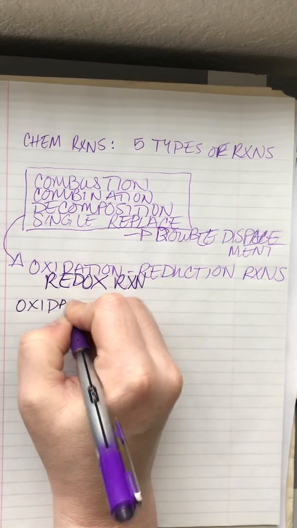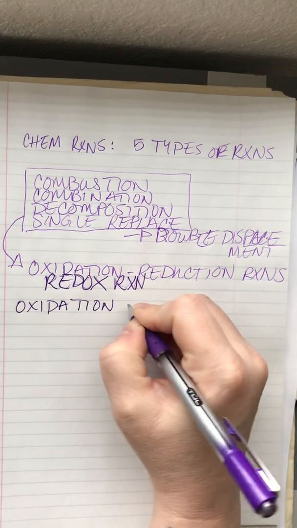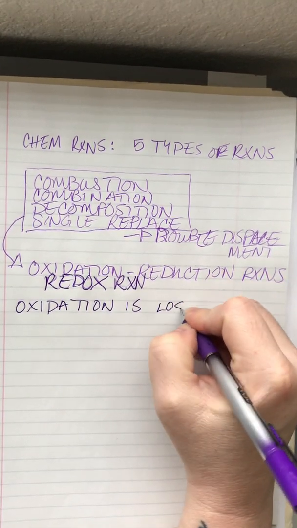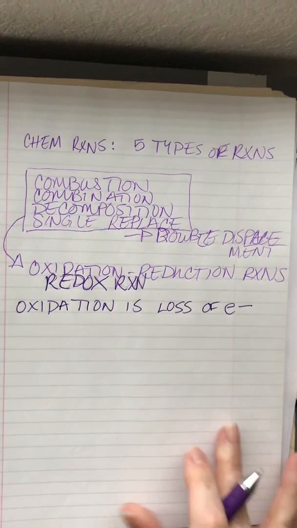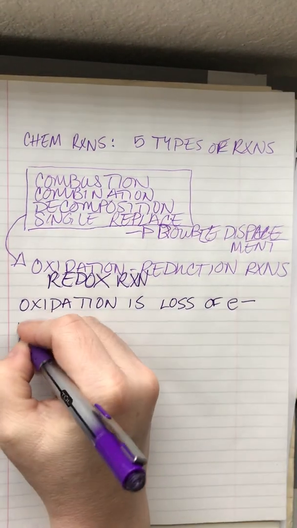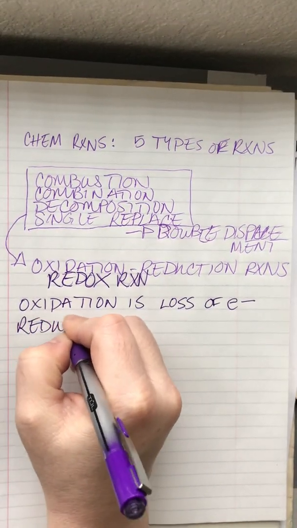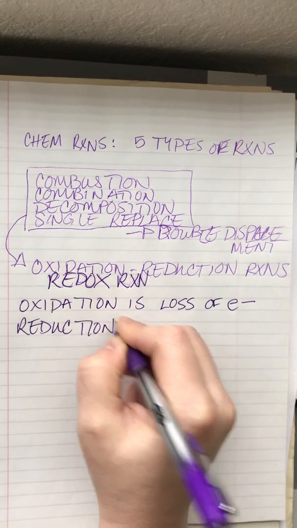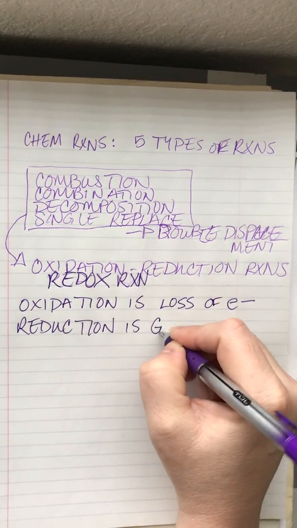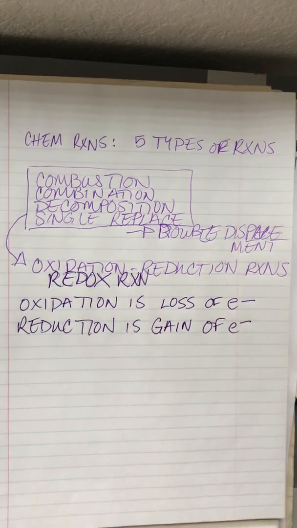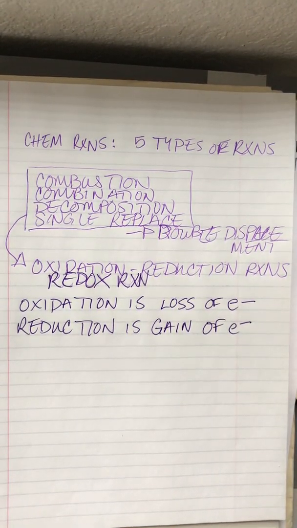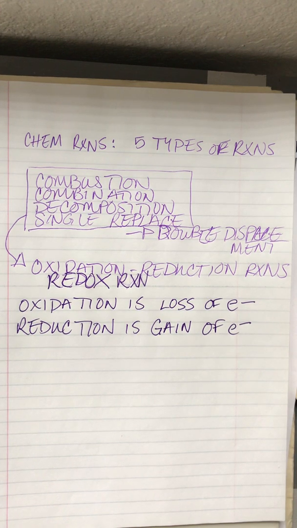So oxidation is loss of electrons. Reduction is gain of electrons. Okay? So when you're talking about oxidation reduction reactions, we're talking about the exchange of electrons from one